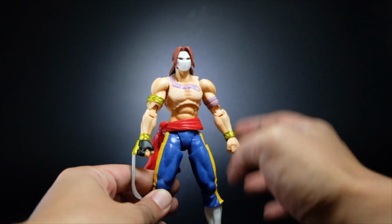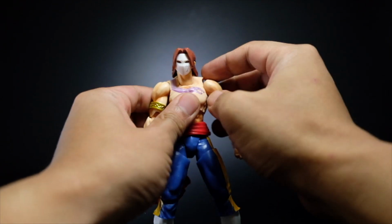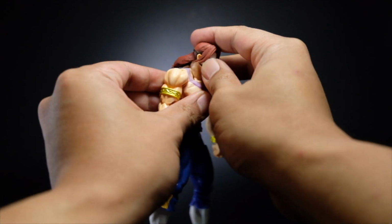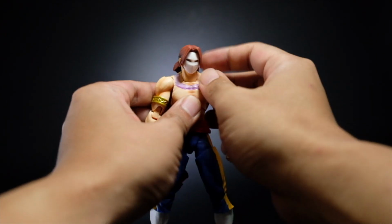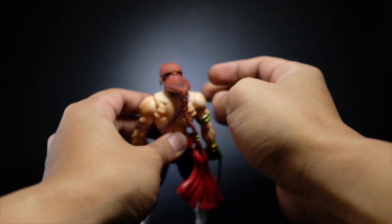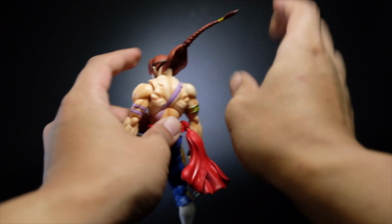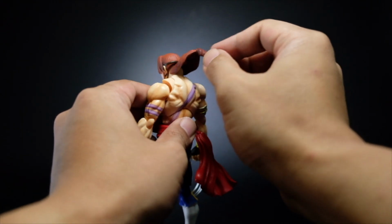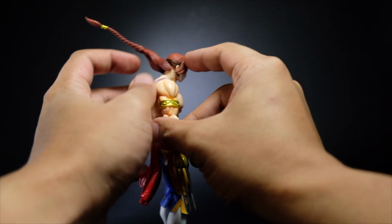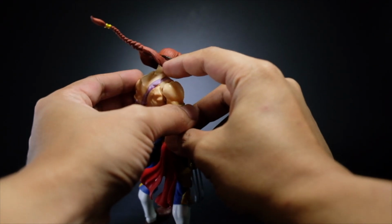And let's go through the articulation points for this figure. We have a head and neck joint, very evident because you can see the gaps right here, and then you can tilt it side to side, but you still need to do a little bit of adjustment because it's kind of difficult to tilt together with the neck joint right here. And then the hair, this one has a hinge, and then this one has a ball joint, so you can move it in any way you want. It only goes up to here, and then you can put it back, and it leaves a kind of weird gap when you do it. So you can push it up to here, but you can see the insides of the